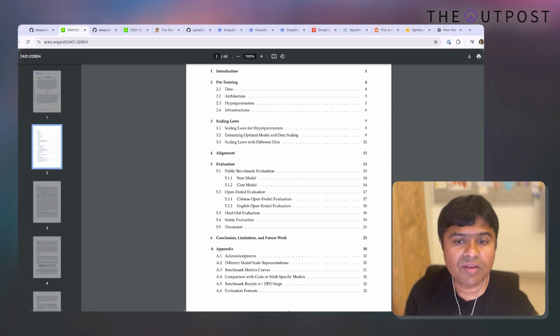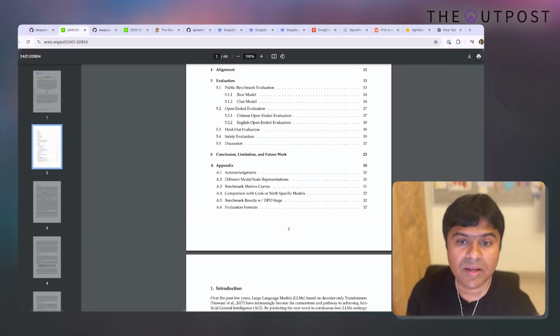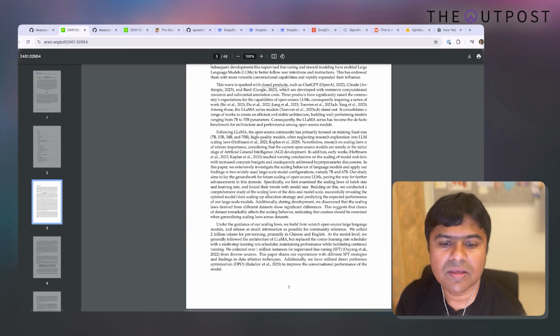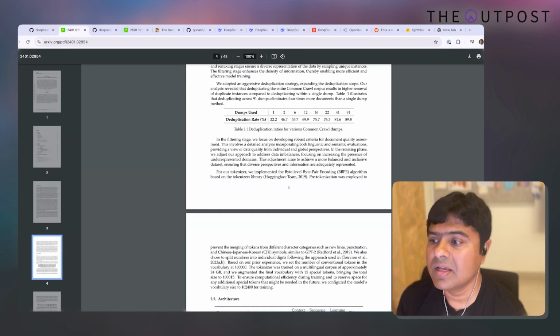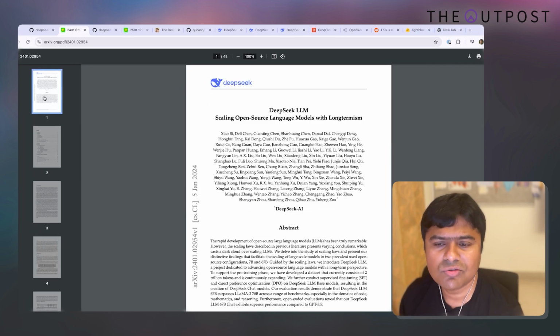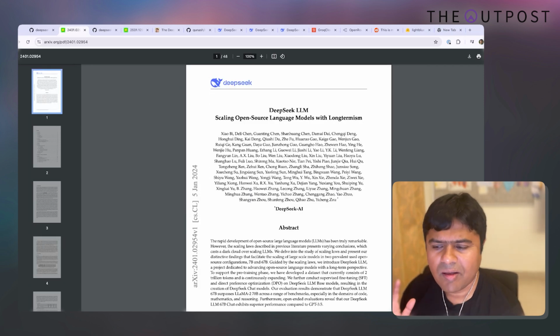They talk about everything: how they thought about this, what the evaluation parameters are, how they compared with the other models, what they are doing that's interesting here, how the memory works, how the training is done, how the inference is more efficient. There's a ton of things going on which I'll not spend time on. All of this stuff is very interesting. It's an open model. The paper is well defined.